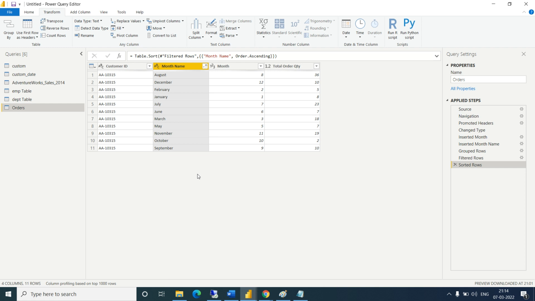Even if I did the ascending order, it is showing August, December, so it is sorting alphabetically by keyword. But that is not what we want; we want January, February, March in that sequence. So let's go back. I don't want to sort on the month name. If I sort on the month number, ascending, 1, 2, 3, then one will be January, second will be Feb.